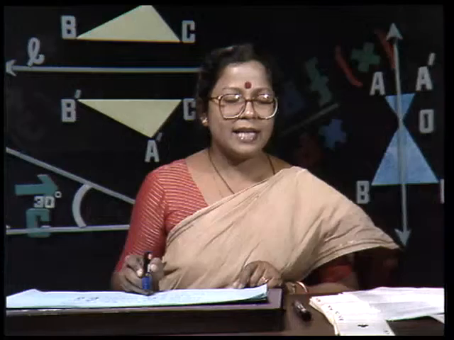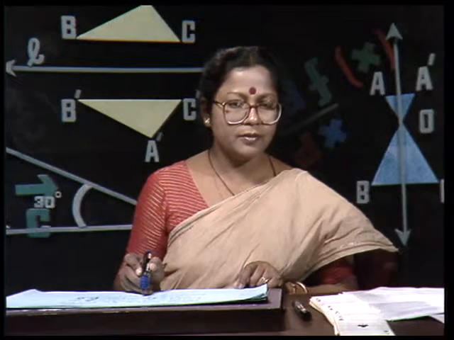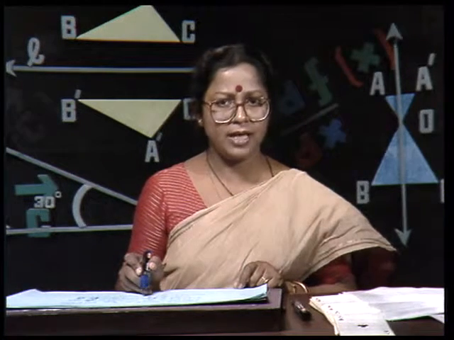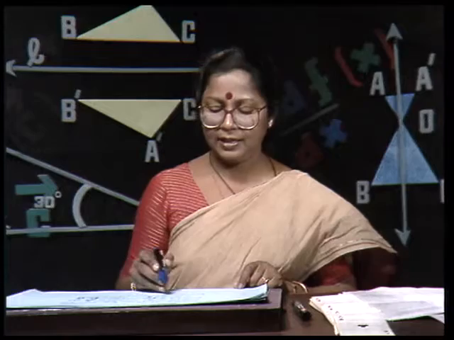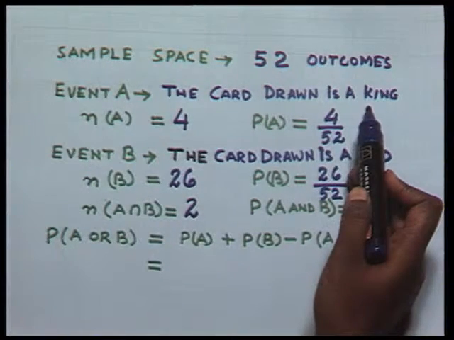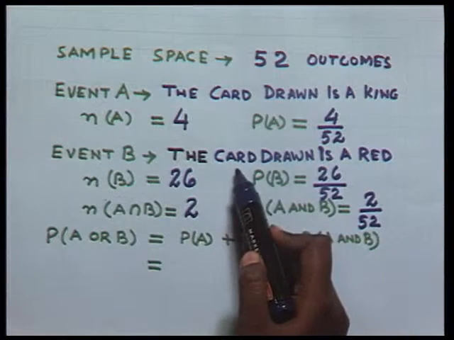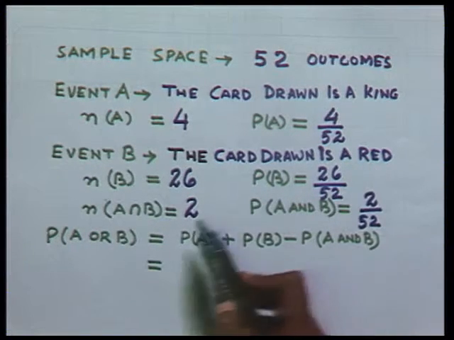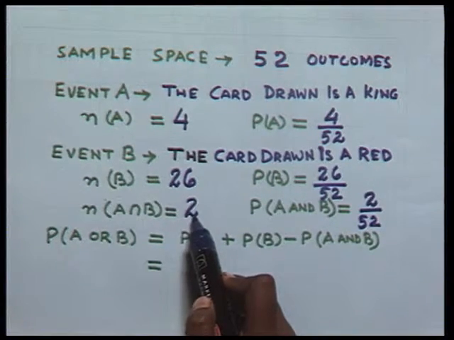Now, are the 2 sets mutually exclusive? No, they are not, because we have already seen that the 2 sets, that is the first event getting a card which is a king and the second event that the card is red, have 2 common cards